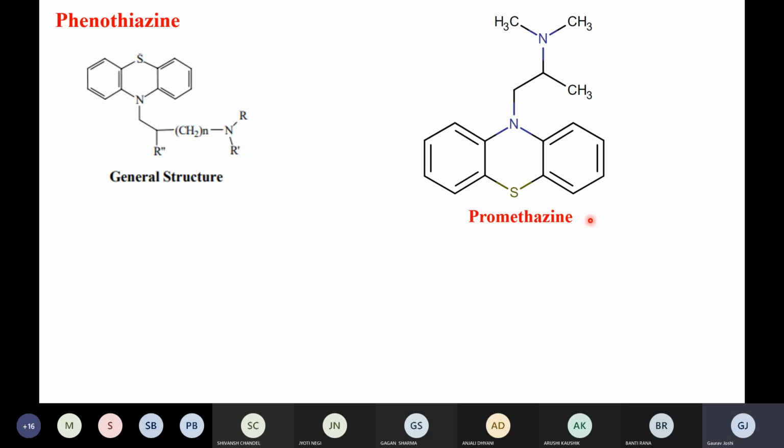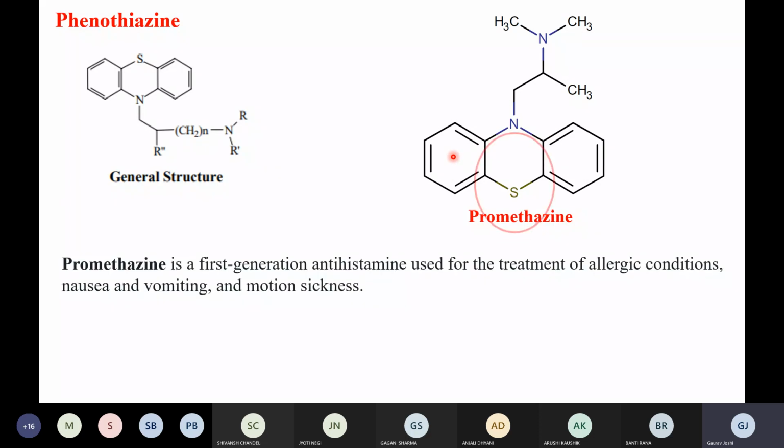In the promethazine, what we have actually done is cyclized this thing, right? We have actually cyclized these two rings. So these two rings are now not freely rotatable, right? We have hindered the rotation of these two rings by bridging them with the thia and the azine group, right? This thiazine ring, right? So basically the rotation has been restricted.